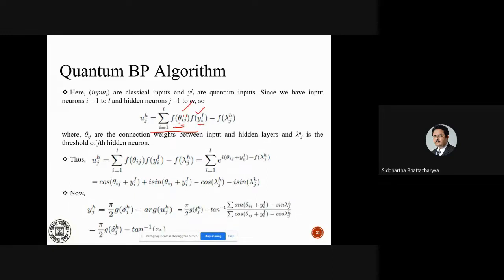These are all qubits, input qubits, and this is the threshold part, the bias part, lambda, from the R lambda, for the hidden layer H, for the jth neuron of the hidden layer. So these things are there. What you do then, by means of some mathematical manipulation, is you can always represent that in this particular form,